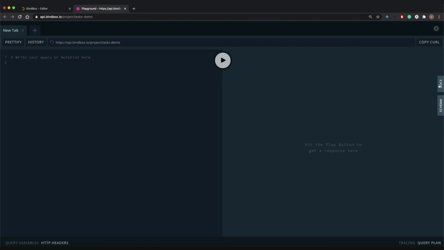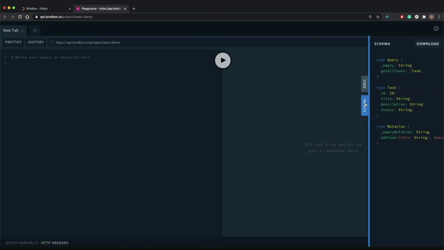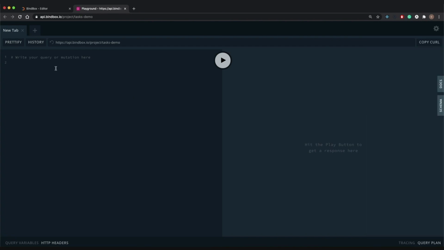Once the deployment is complete, you're going to see the backend we just built as a GraphQL API in the Docs section. Bindbox provides a tool called Playground that allows us to interact directly with the backend's API. This is ideal in the development stage, as you don't need to create a front-end application to test your changes. Bindbox builds a schema that includes the created model together with the workflows, so we can use them directly to execute the actions. Now, we only have to see that our backend works.